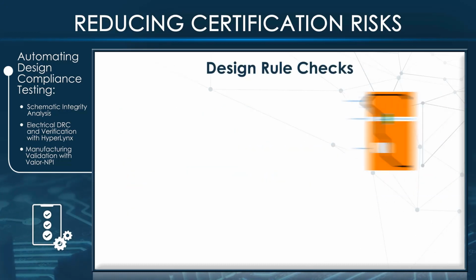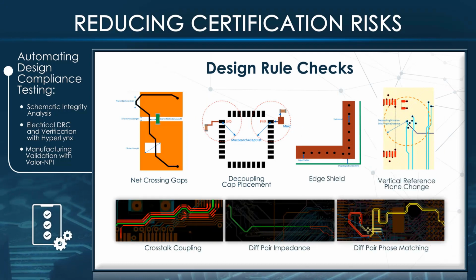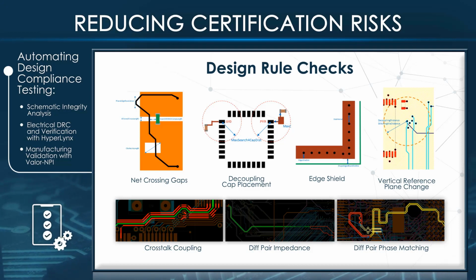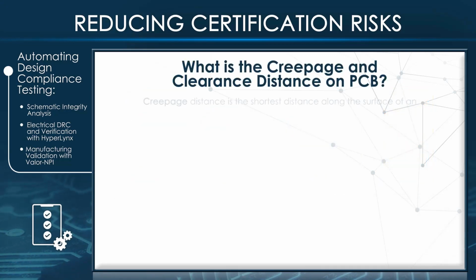So that's something where you'd manually need to check high-speed nets in the design, layer by layer, net by net. Decoupling capacitor placement, saying if the voltage on the capacitor is the proper voltage to decouple the IC power pin and if it's close enough within the proper distance. Return path changes for signals, crosstalk checks, impedance checks, differential pair phase matching, all the things that are hard to